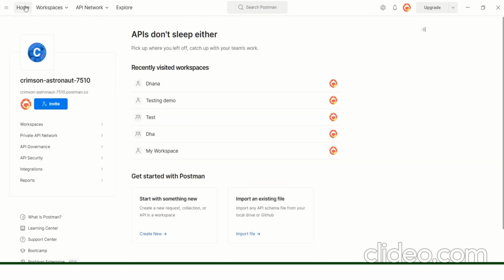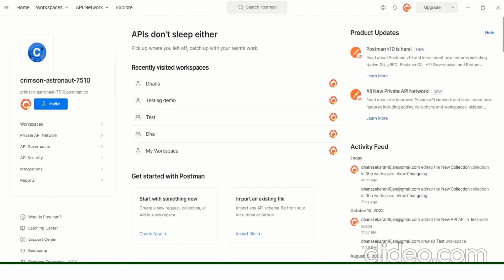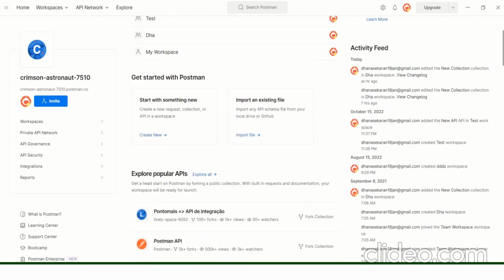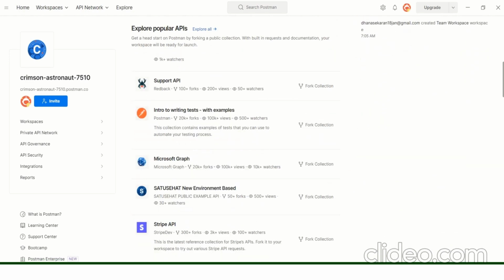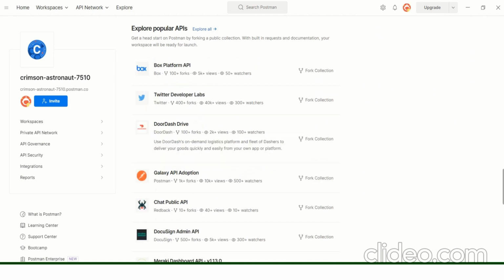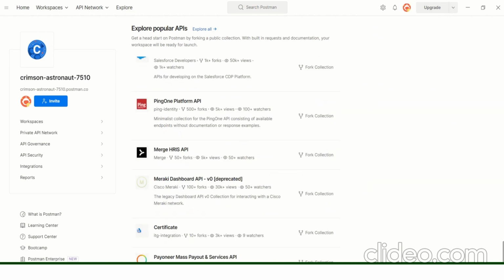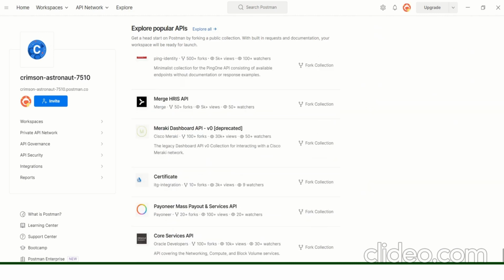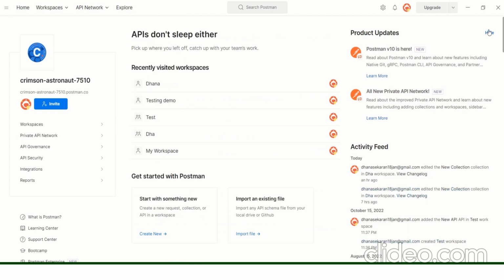Again, I'm clicking into the home option, going here, and afterwards you have these options. These are all options, whichever is pertaining to that particular project. You can have this one and use it. You also have an